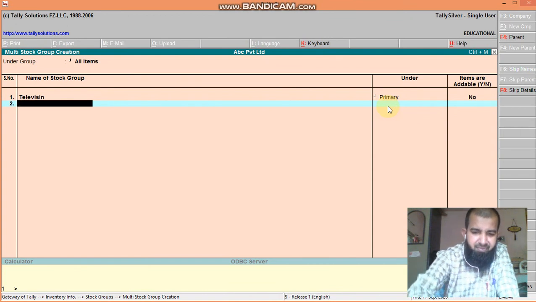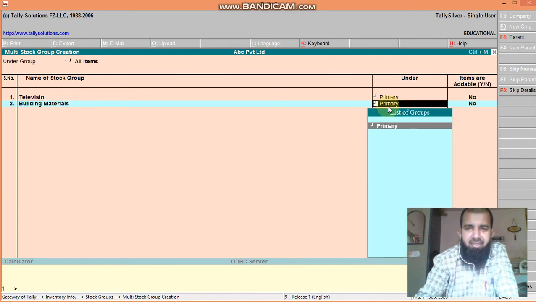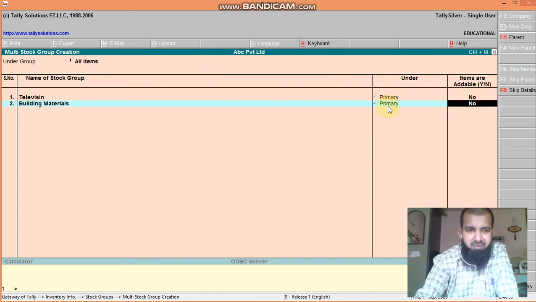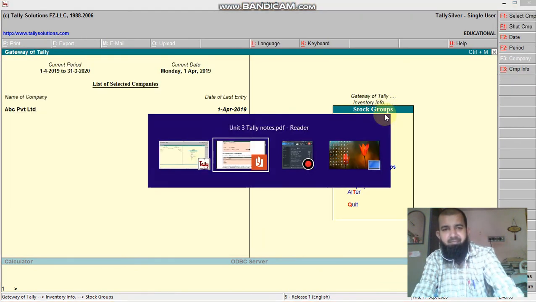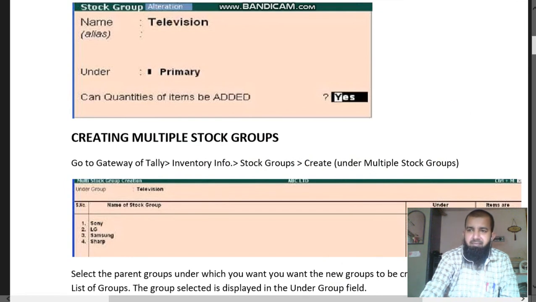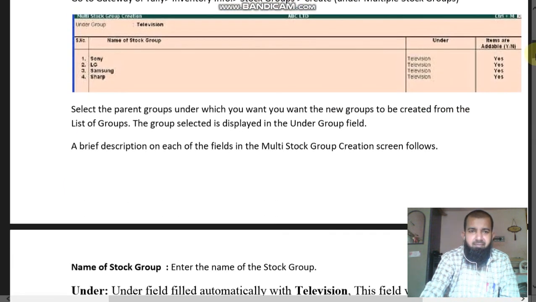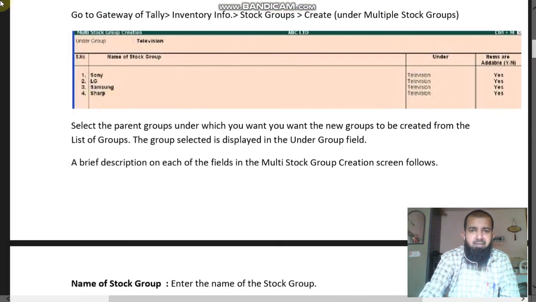At a time you can create many stock groups. Like this you can create any number of stock groups.